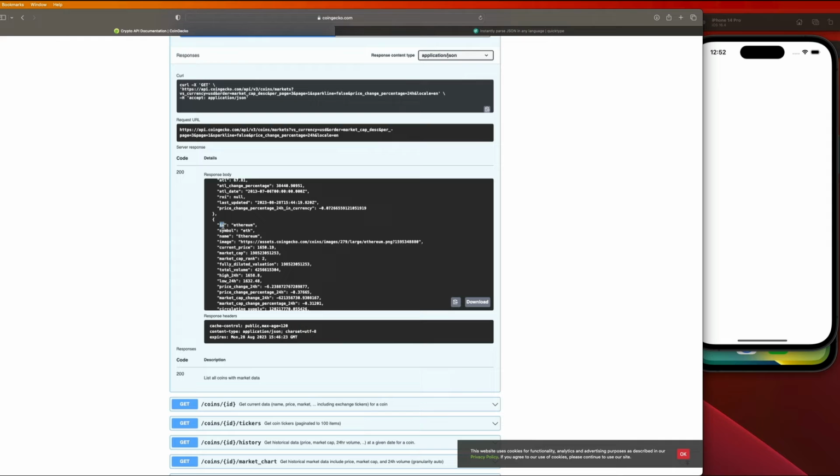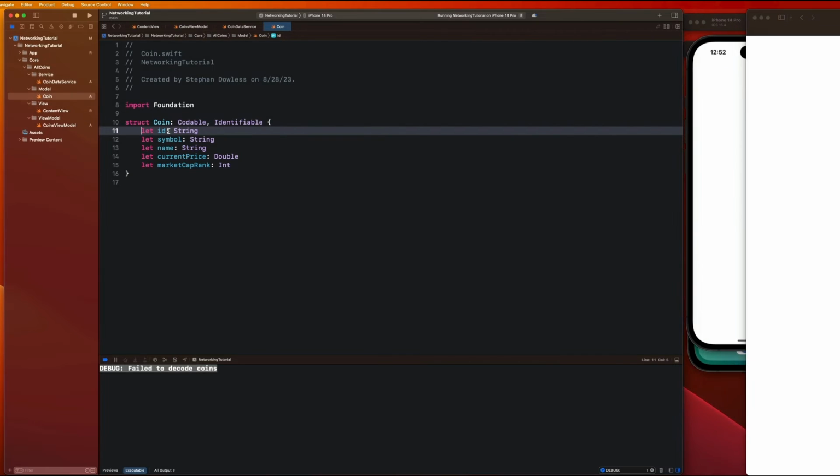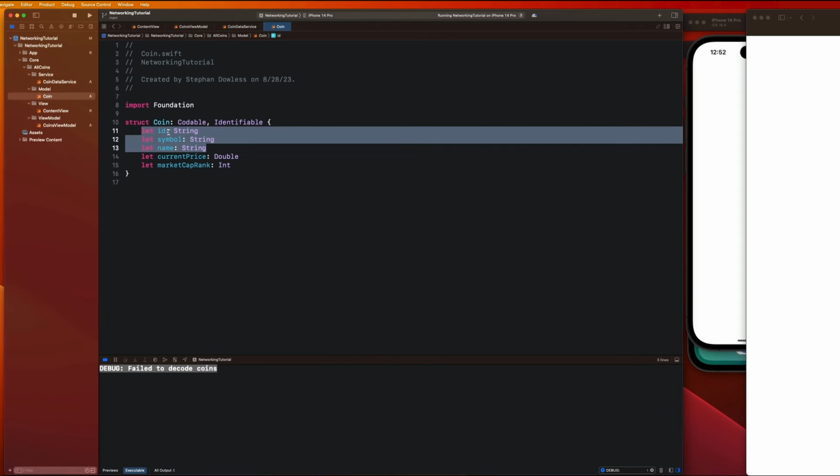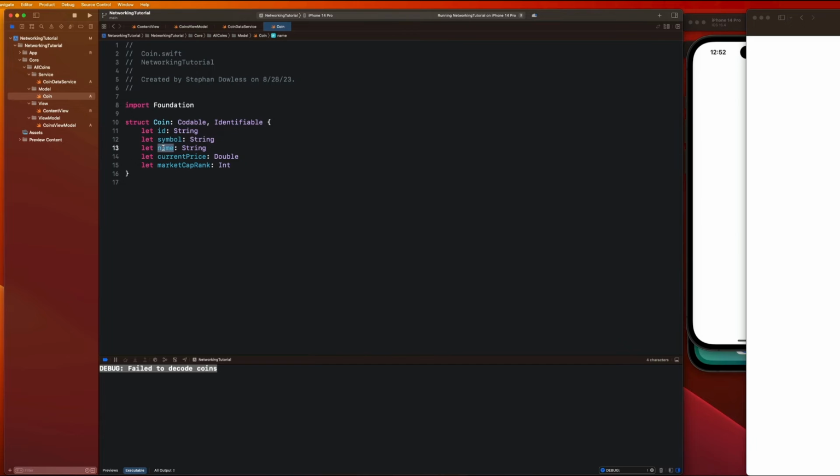It looks for these keys and assigns the associated value to the property in your data object. Because we spelled ID, symbol, and name the exact same way it appears in the JSON body, it assigns these properties the values that are associated with those keys. But it's very important to understand that the spelling and the casing, as far as uppercase and lowercase, has to